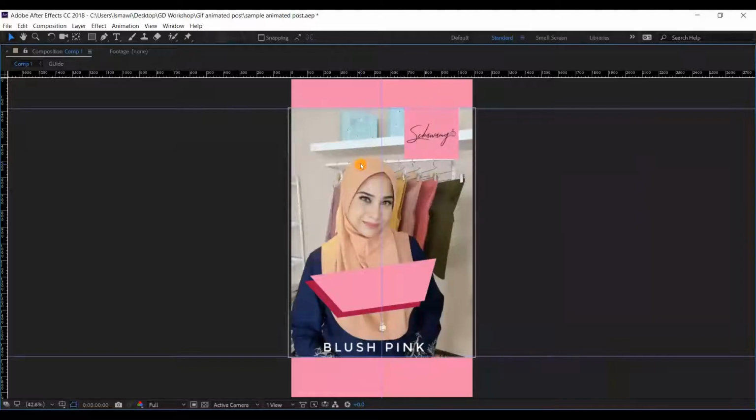Okay, the next thing we need to do is add text, because we need to put a little bit of information inside our post, not that much. Just to attract the attention of our audience, because our objective here is we want them to scroll up or see more of the post. If you put too much information, there will be no engagement with your post. All right. Okay, so let's create text.